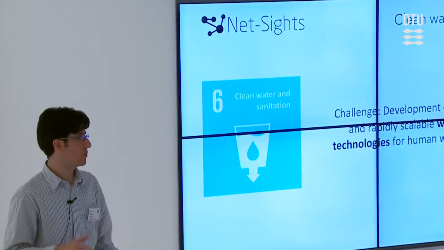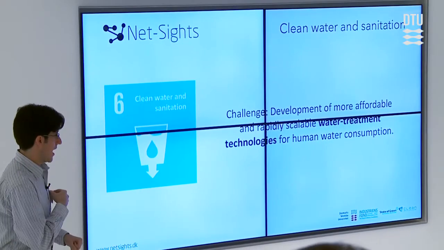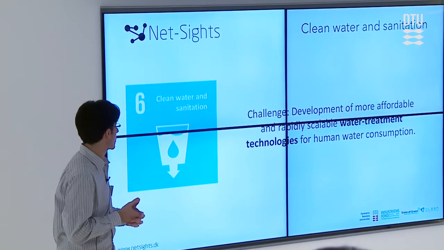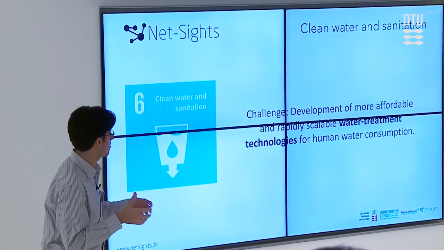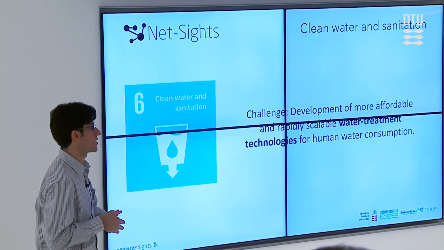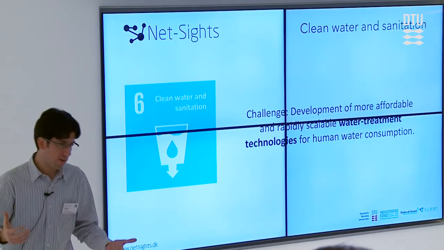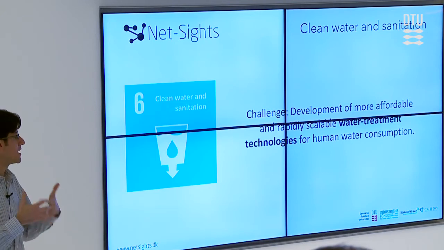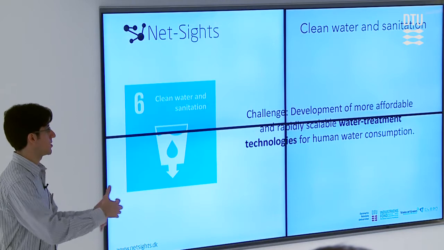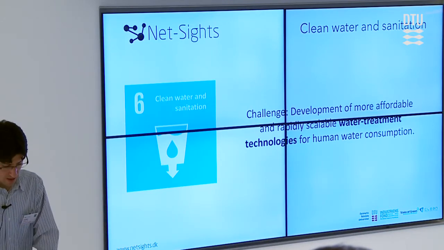Just to give you one example, because you will have this brief with you: if we look at the guys and the girls that have blue badges, that is clean water and sanitation. The particular challenge is the development of more affordable and rapidly scalable water treatment technologies for human water consumption. So you need to think, well, if I am in this space, what sorts of things might be useful to really step up the game? We are usually thinking here of more disruptive, radical innovation, so you push the boundaries a bit. And I just want you to discuss these sorts of things.